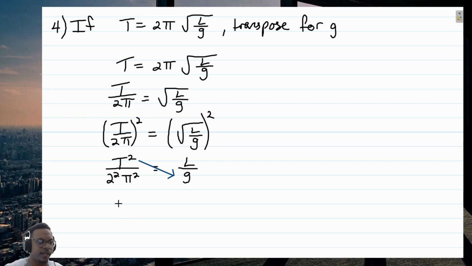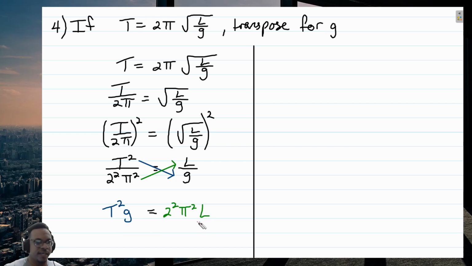Now I can apply the technique of cross multiplication. So I'll have T squared multiplied by G, and that will give me T squared G. And then I'll have 2 squared pi squared multiplied by L, and that will give me 2 squared pi squared L. Now I'll simply write over this line and work out the value of 2 squared. So I have T squared G is equal to 2 squared, which is 4, pi squared